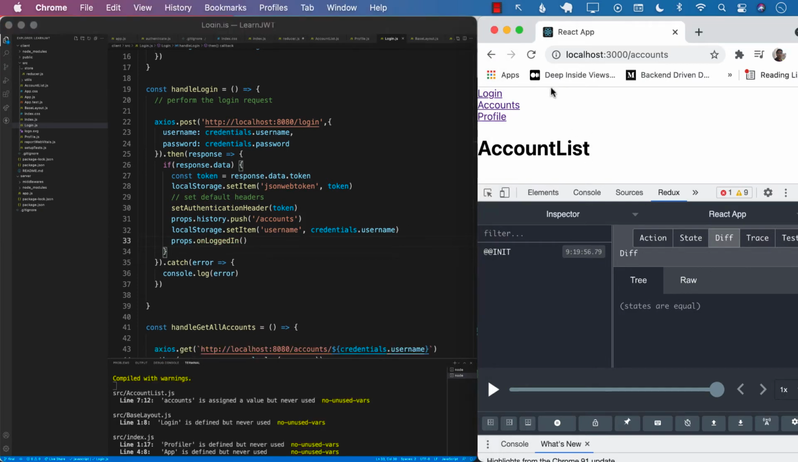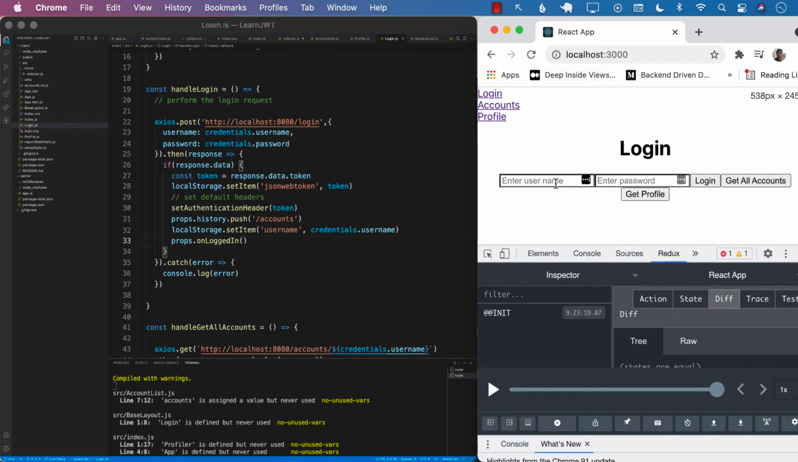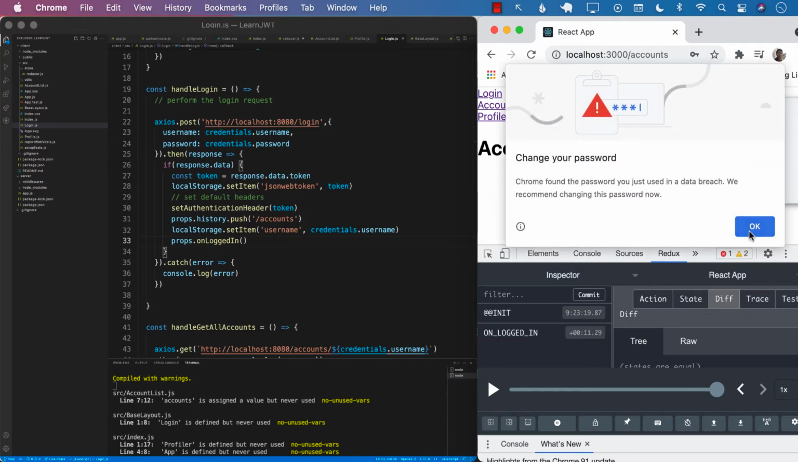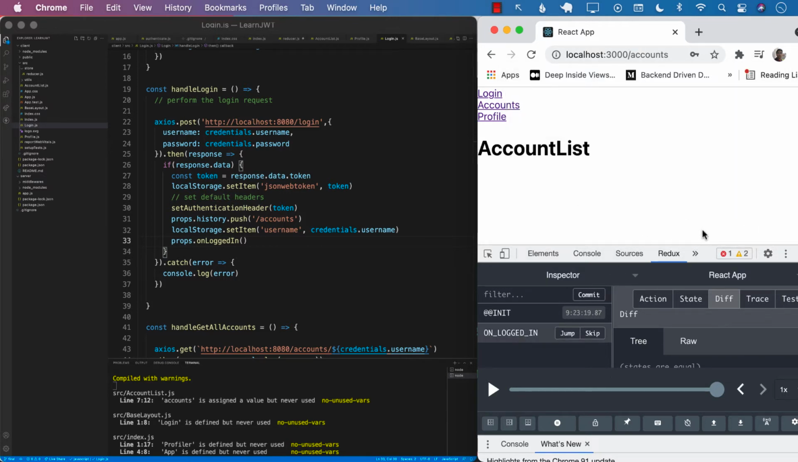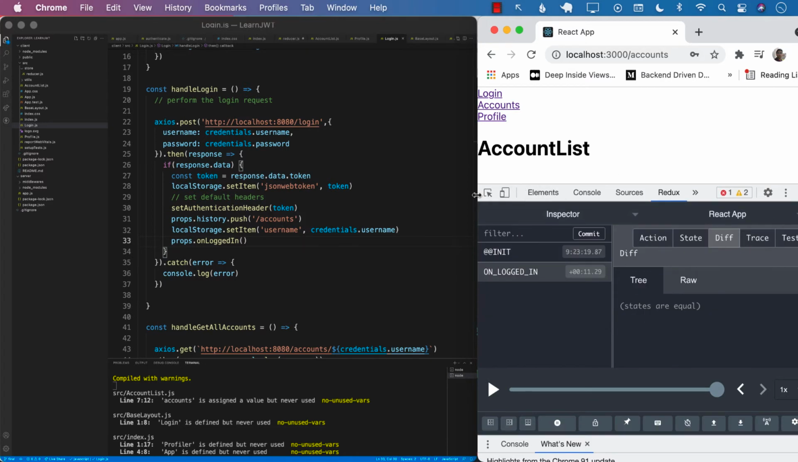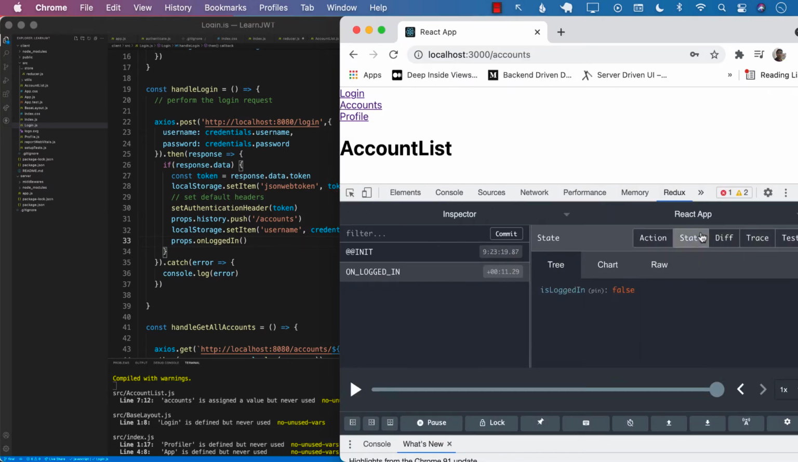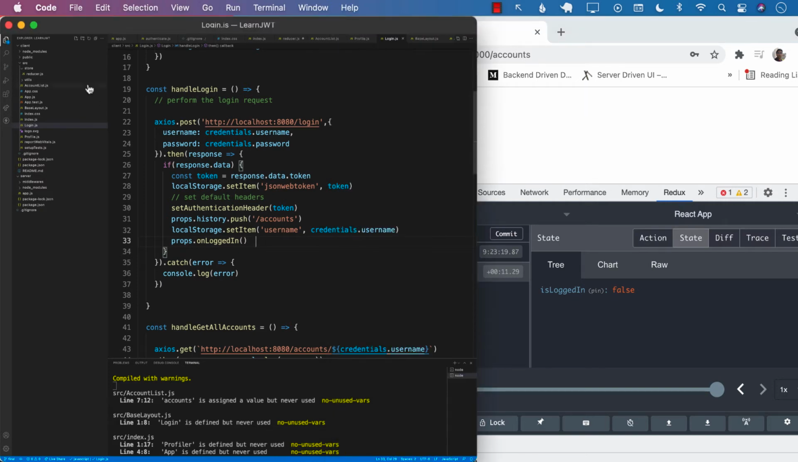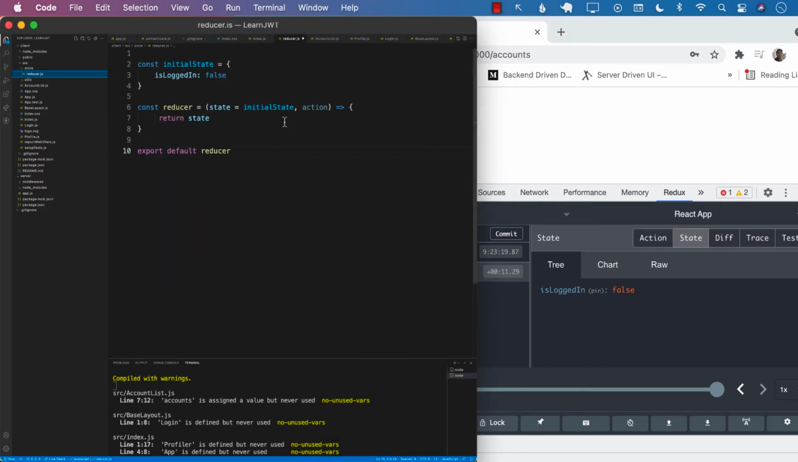Now, if we refresh our page and go to the login, we just want to see if that dispatch is even happening or not. So I'm going to log in with the username and password, and you can see that the onLoggedIn dispatch is actually going through, but our state is still false. It is the job of the reducer to update the global state. So now we're going to jump into the reducer,